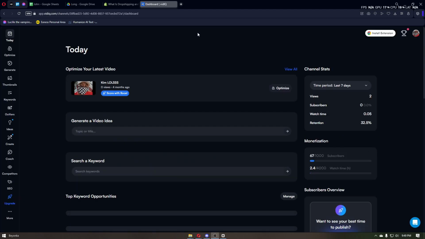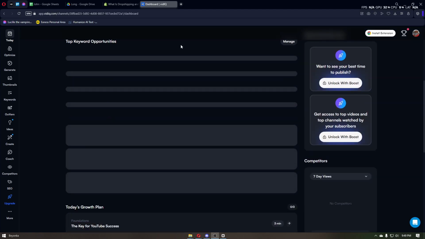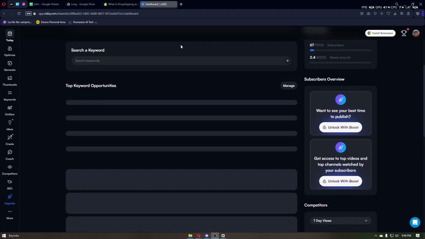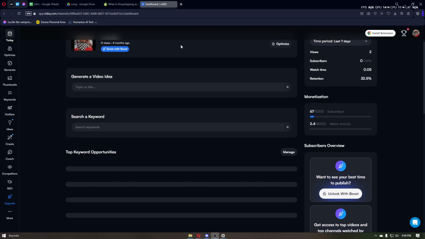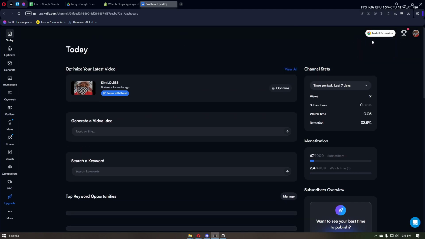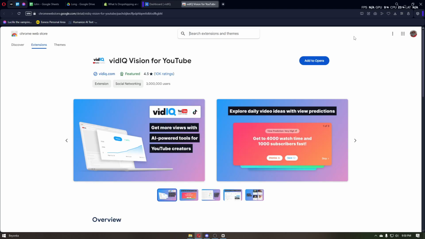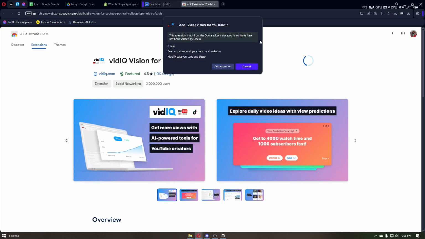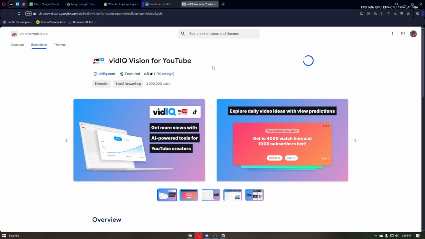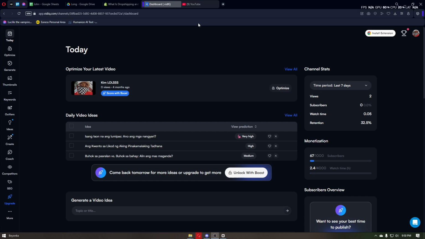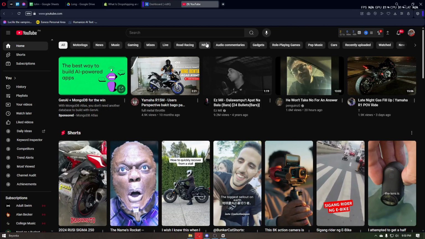And right after loading in, it will then take us to the overview dashboard of our YouTube account right here. So basically, this is the entire overview of VidIQ, and if you want to install the browser extension, you can just click on the install extension button. Now, it is really important to install the VidIQ extension in order to use the full features and capability of this SEO tool. And so with the VidIQ extension, you will be able to research some videos and keywords here